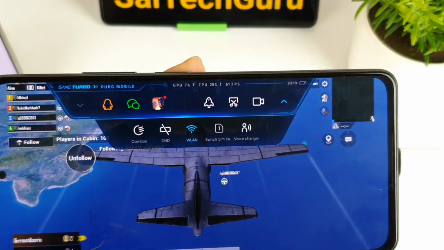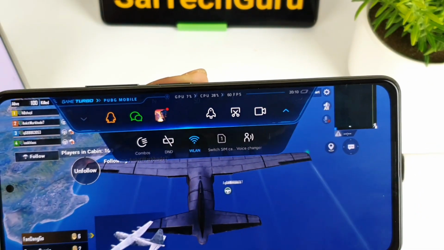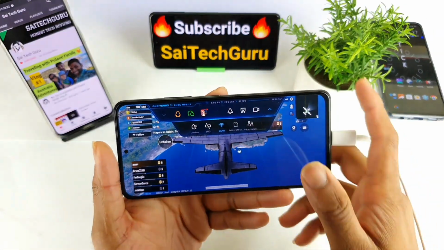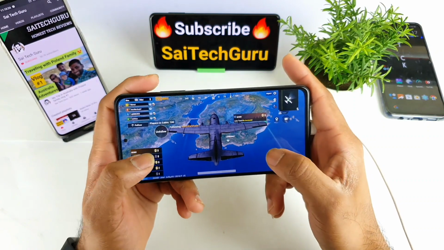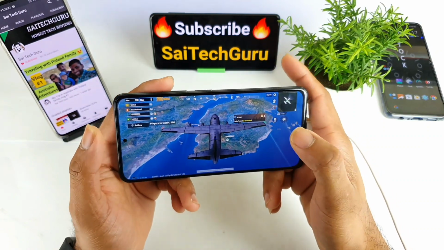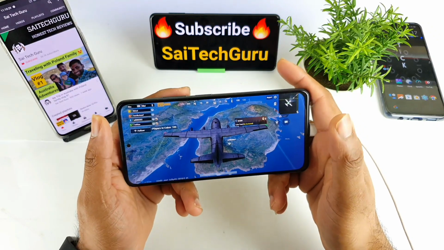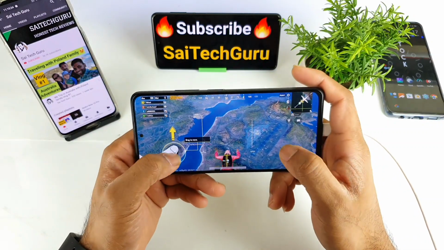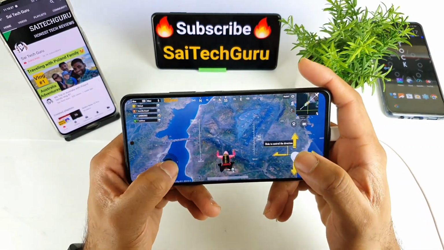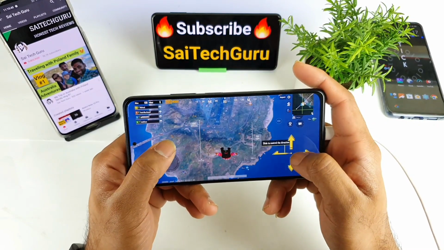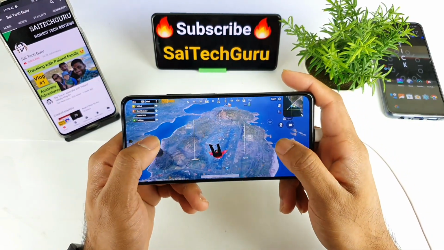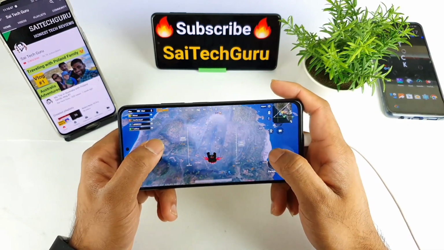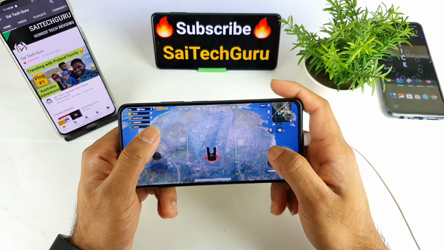You can see, friends, by using this game toolbar, you can clearly see the difference, how much FPS I'm getting. So in terms of the gameplay, it should not be much of a problem, because there are 2 reasons why. The phone is very lightweight, that's one big advantage, and the next advantage, dual stereo speakers. That's another big advantage, and you do have a small punch hole cutout, that's also an advantage for a lot of users. And you have a very powerful processor, the Snapdragon 870, which is more powerful than the 865. That's also another big advantage here.